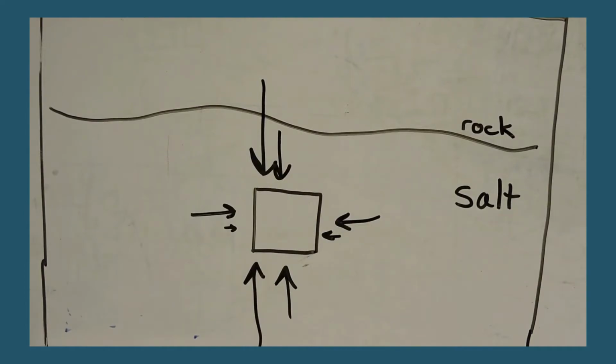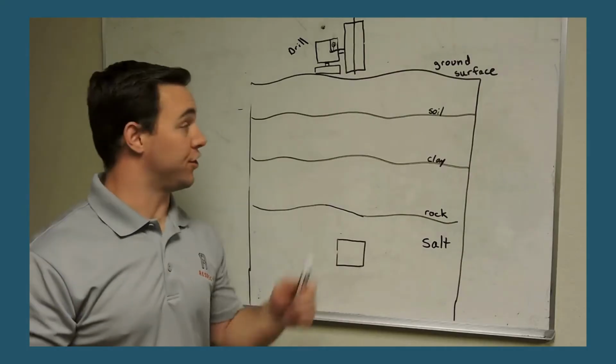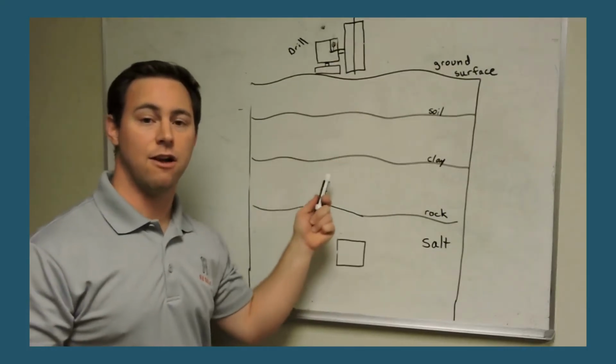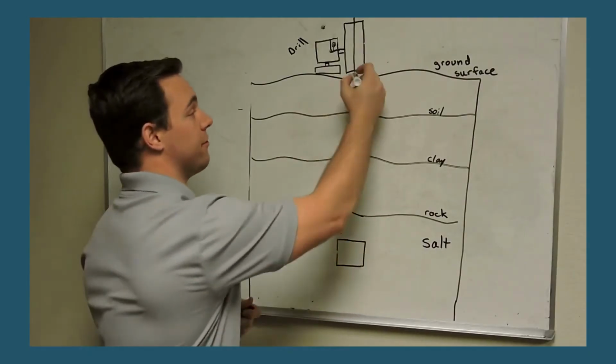The key to mining is to make sure the excavation you're creating is stable to support the various activities occurring underground. Mechanical support, such as rock bolts or mesh lining the walls, can be used to increase this factor of safety. The first thing we want to do is identify the different geological layers that are around our area of interest. The best way to do that is to drill and core the material